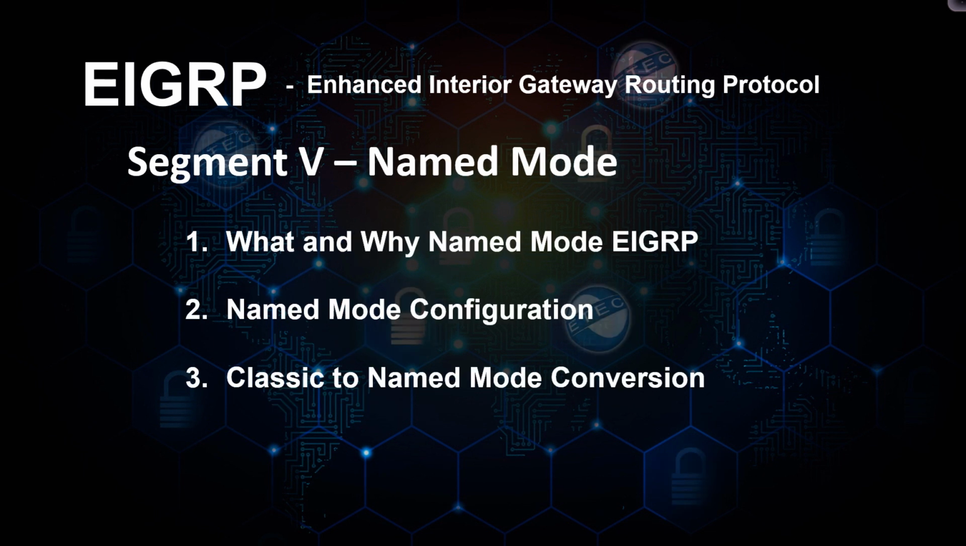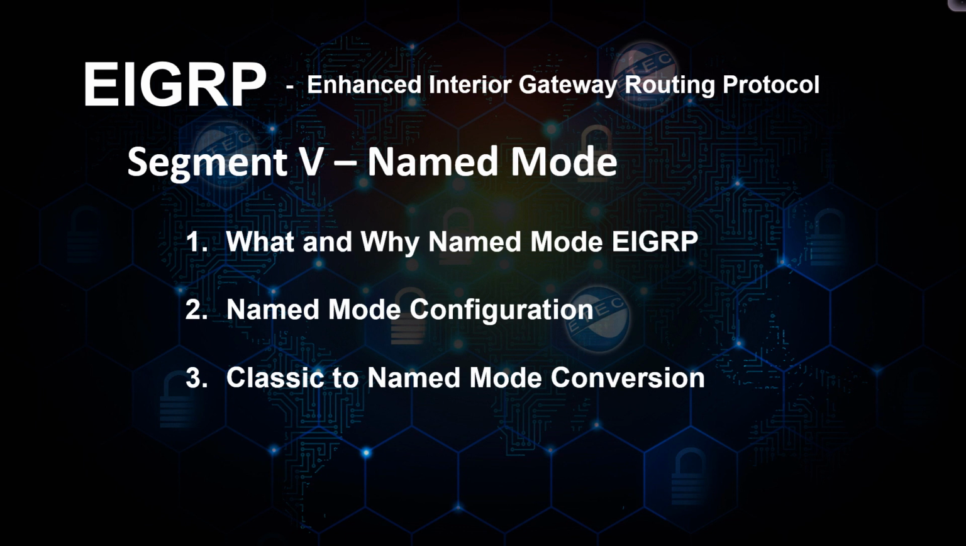Segment 5 is named mode EIGRP. Back in the IGRP days, the norm for bandwidth was in kilobits per second. Anybody remember the modem days? To T1 of 1.54 megabits per second. But as soon as